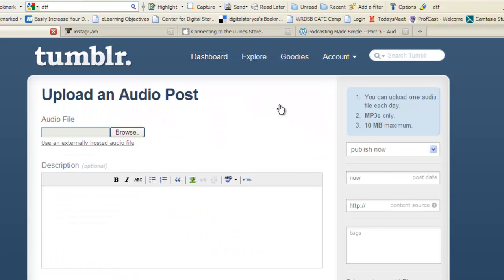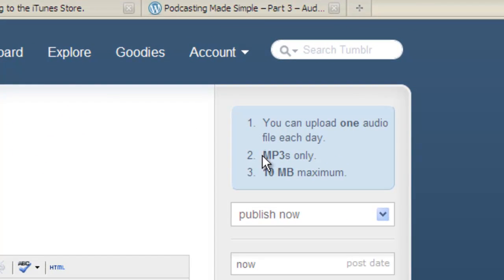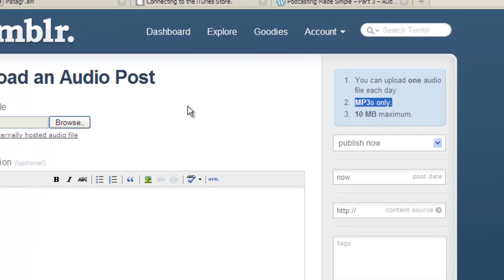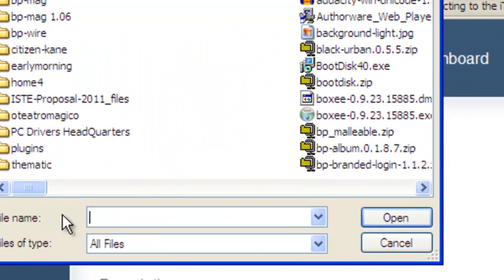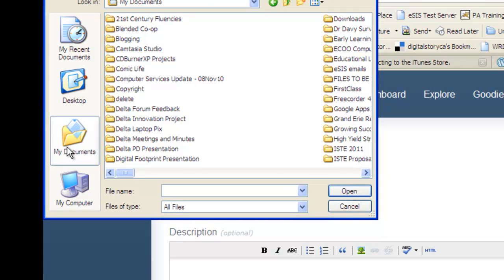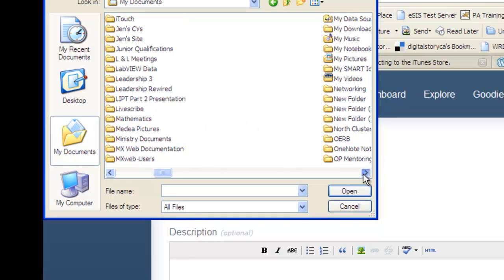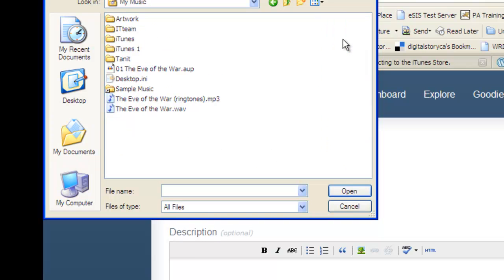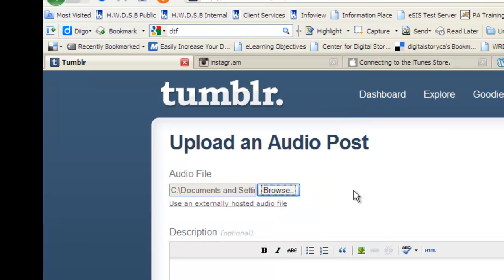In the last post, part 3 of the podcasting series, I talked about recording an audio track and exporting it as an MP3. You can see here on Tumblr that they only accept MP3s, so you're not able to upload any other audio file. You can only upload MP3s, and there's a 10 megabyte maximum, so it can't be too huge. So you could just browse to the inside of your computer, sorry, and then go to wherever you store your audio files. In this case, I'm just going to upload this particular one just for demonstration purposes. It is an MP3. Click Open